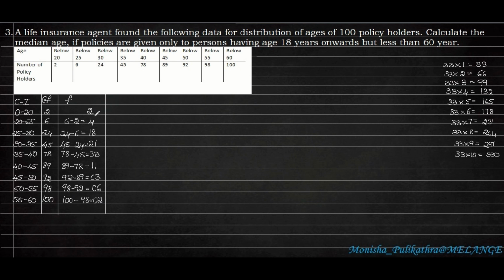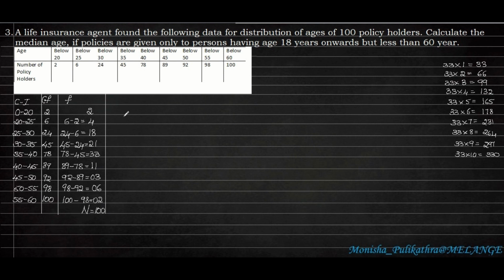Okay, so if we add the frequency, we know that the grand total of the frequency and the last number of the CF should also be equal. Okay, so when we add this, we will get this n is equal to 100. So this n is equal to 100 and the last number of the CF should be equal. So this confirms that frequency and CF is equal to each other.